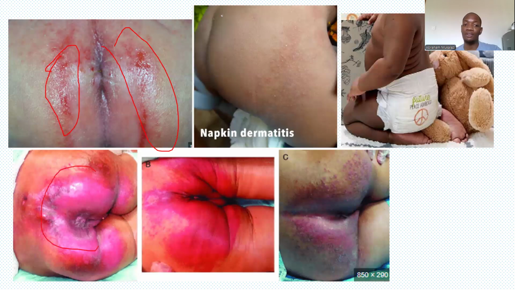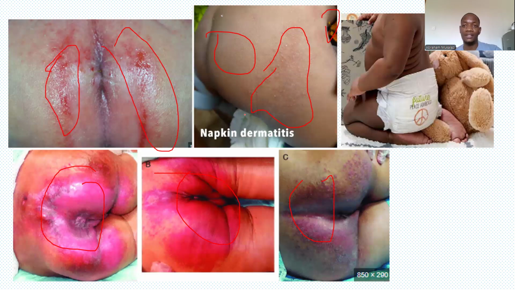As you can see here, this one had fecal incontinence, and then also this one, and then also this one reacting from the diaper. So occasionally you can maybe see such a picture where you see erythematous papules and edematous papules as well along the diaper areas or the diaper covered areas. That includes the bum, the gluteal area, the upper thighs, as well as the genital area. So as you are getting diapers, there are diapers that are made specifically for children with very, very sensitive skin, whereby in these diapers, they try to minimize as much as possible, removing all the possible irritants that